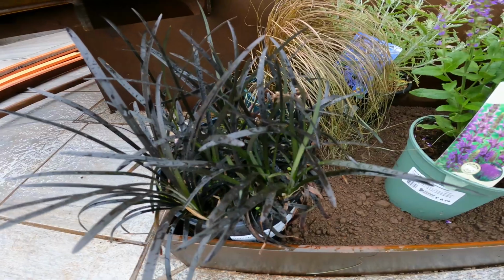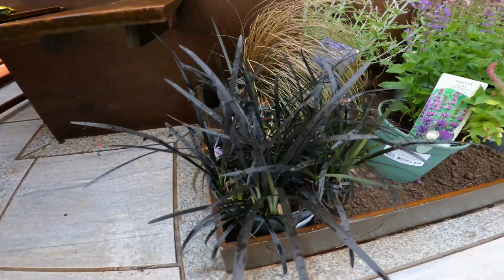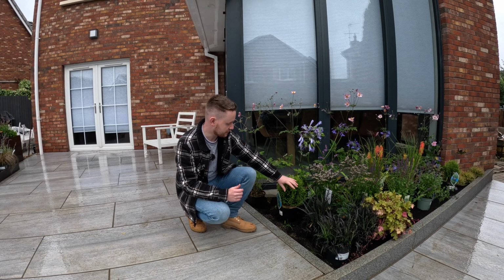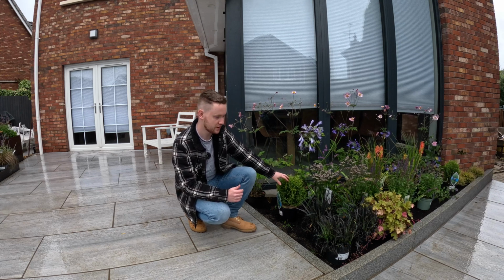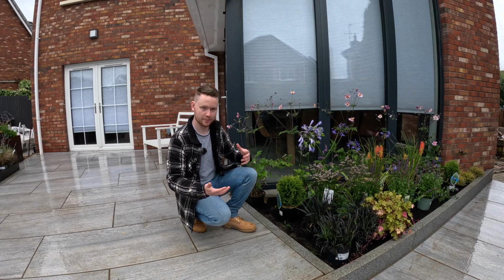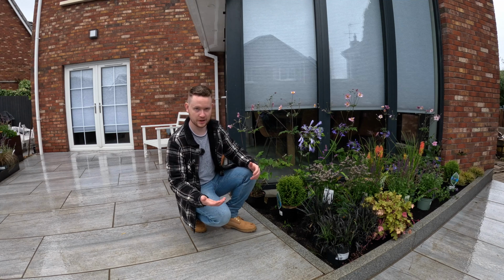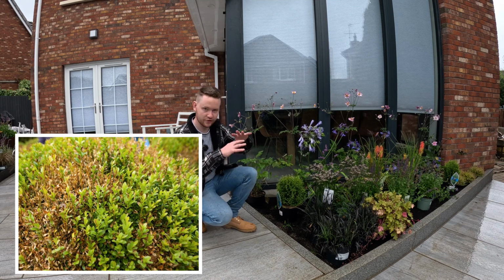Things then like the Ophiopogon here at the front. Again, this will pick into the dark fencing at the back, and this is one of the evergreens that's within the project. Instead of going for box balls, we have these really cool dwarf Thuja balls, and we also have little cryptomeria spheres as well. So that's just a good alternative to boxwood. It really ties in with this planting scheme because it's quite contemporary. Instead of going for something like a box ball that is now prone to things like box blight, and sometimes doesn't do well in all conditions, there are good alternatives out there